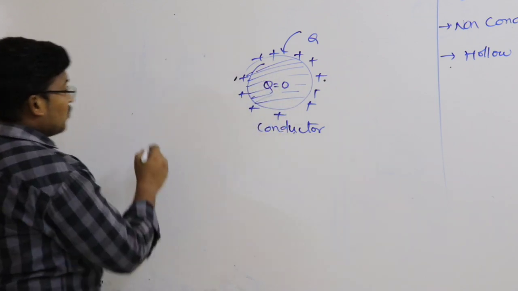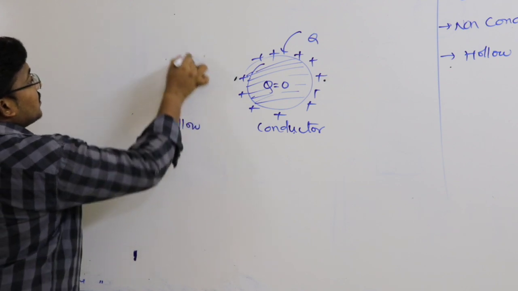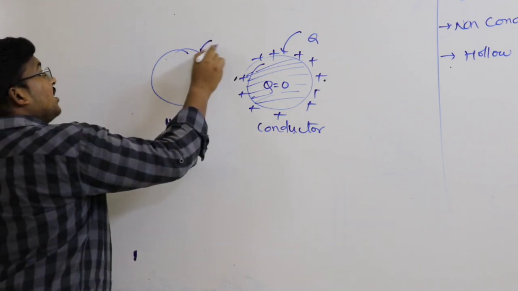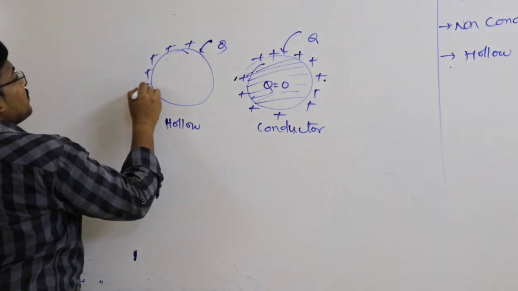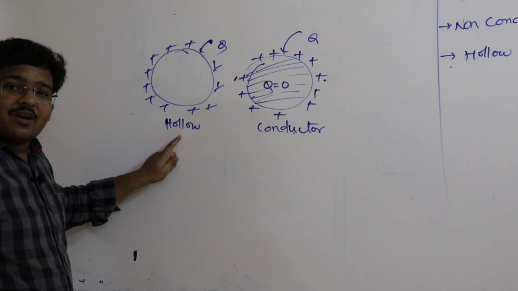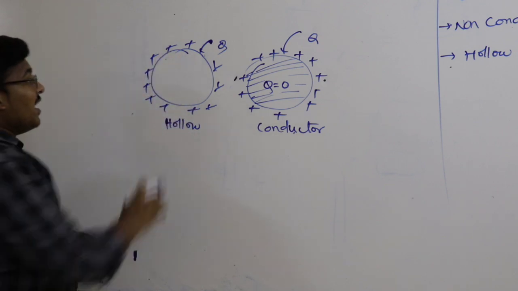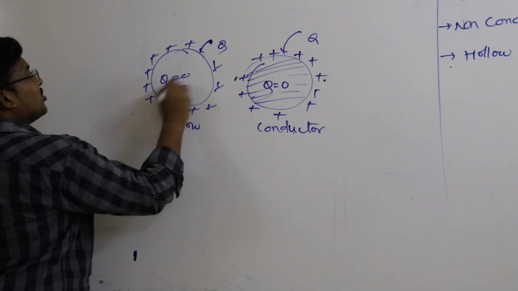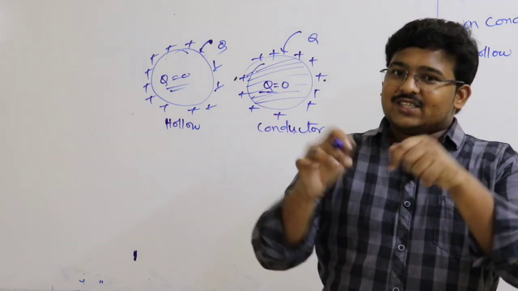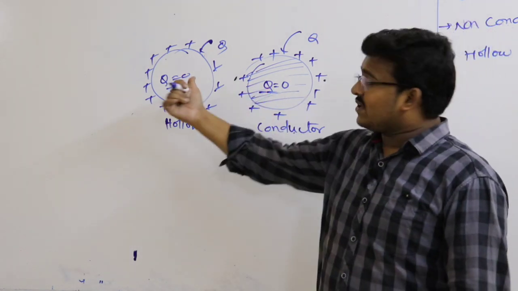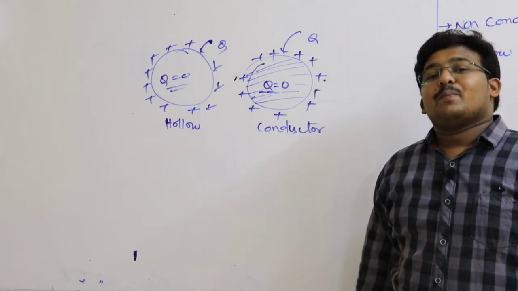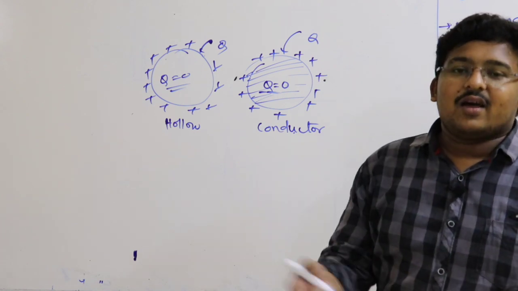Now, if it is hollow, the hollow sphere is not containing material, but still if charge is given, it stays on the outside. Like the conducting sphere, in a hollow sphere also the charge is on the outside, and inside is empty space, so that charge is 0. So the similarities are the same. Inside charge can never be there; charge is present on the outer surface for conducting and hollow. The difference is that the conductor contains material, the hollow is empty.